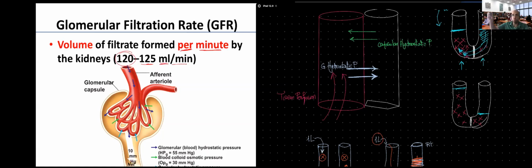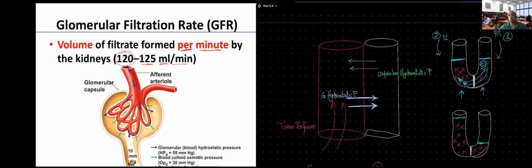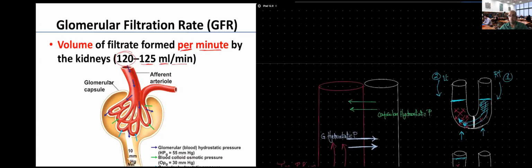So the water did move from the side with low solute concentration to the side with high solute concentration until I equalized the solute concentration on both sides of the membrane. Is this clear? Is osmosis clear? All right, so